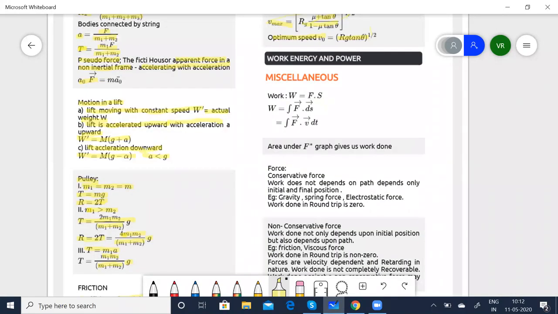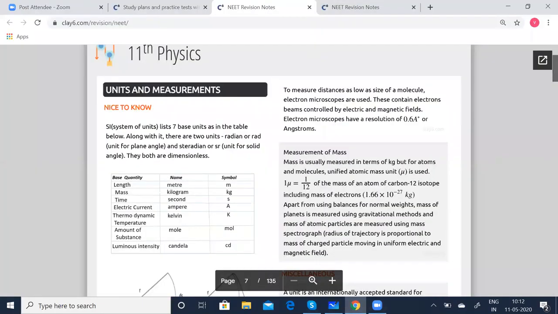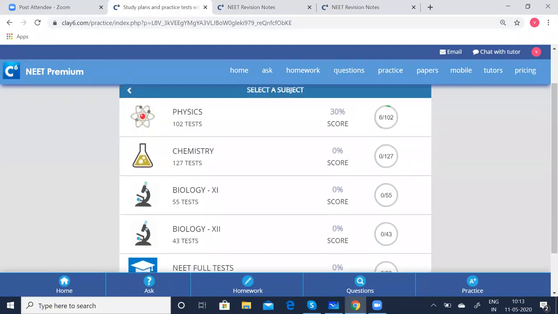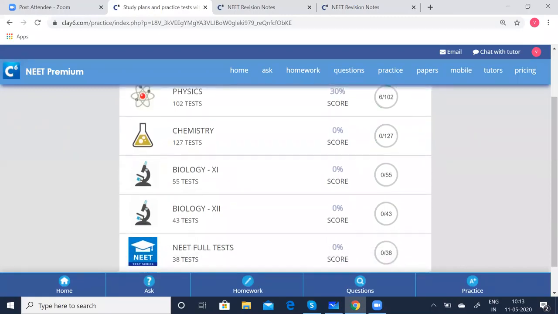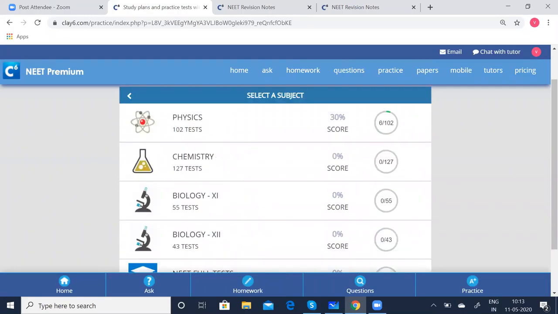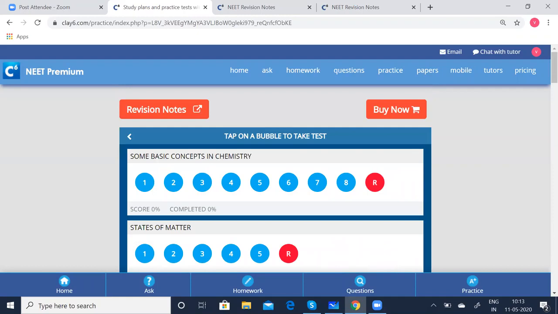Okay. Now let us quickly see how to access the tests which are given by the Clay 6 team. You have all 3 tests, that is physics, chemistry and biology: about 102 tests in physics, 127 tests in chemistry, and 55 tests in biology for class 11 and 43 tests for class 12. And you also have 38 full NEET tests. Okay, you can take all the tests. Let me see how to access this. Now see, you click on that, you can see that